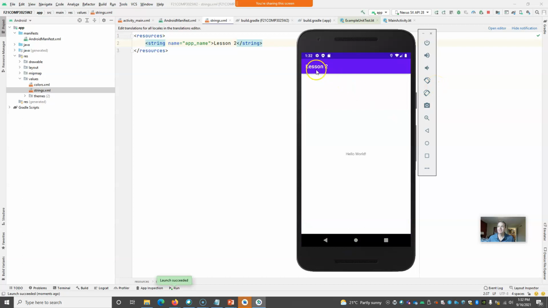So now when it loads, you see it grabbed that string, and it says lesson 2. So this is a very easy way to keep all of our words in one spot. Just looking at time, we're doing fine. Okay, so